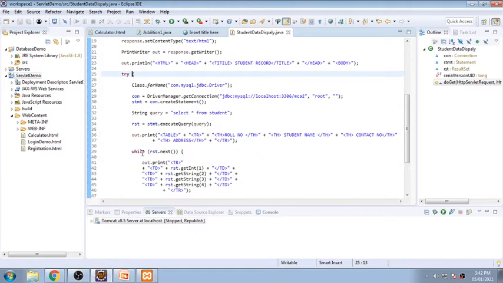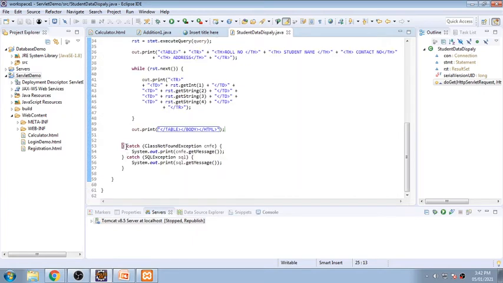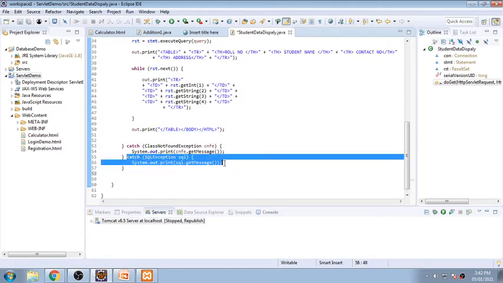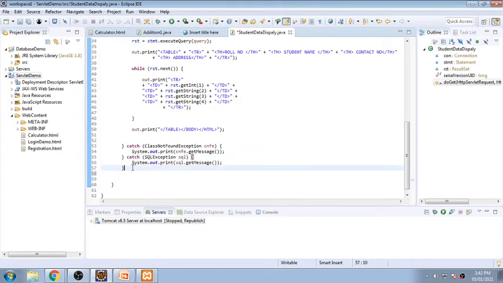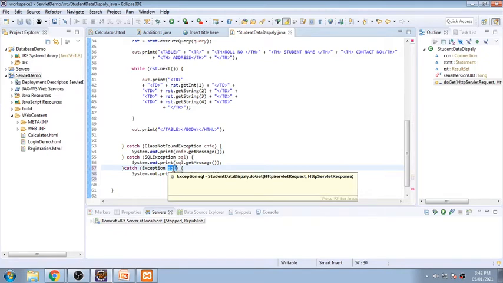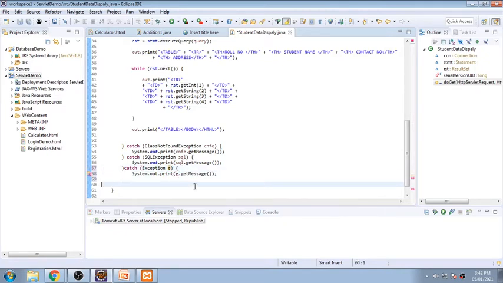Now after this, we have written everything in this try and catch. So I have caught those exceptions. The first exception I have caught, second exception I have caught. If you still think some exception will be created, we will copy the name of this one and create a generic exception called Exception e. We will create the object, and this e will be handled.